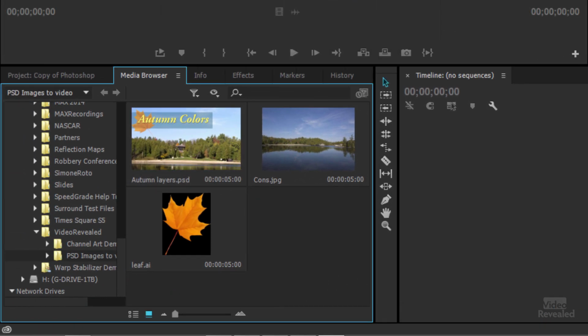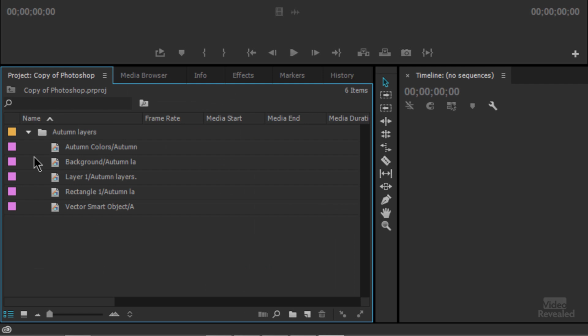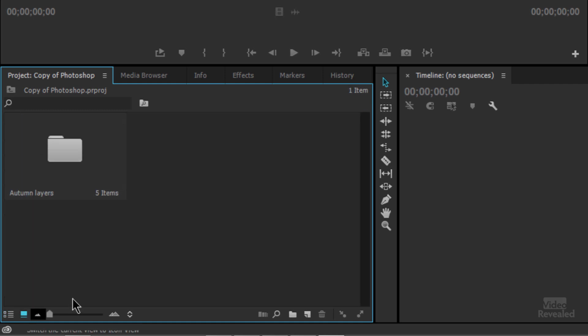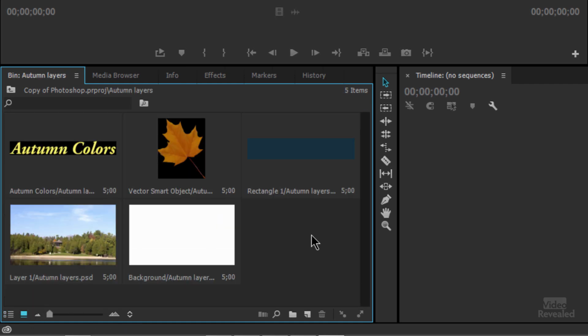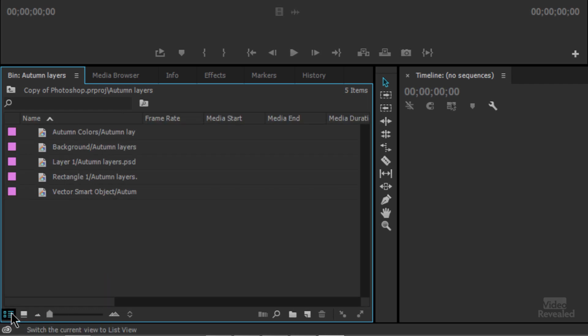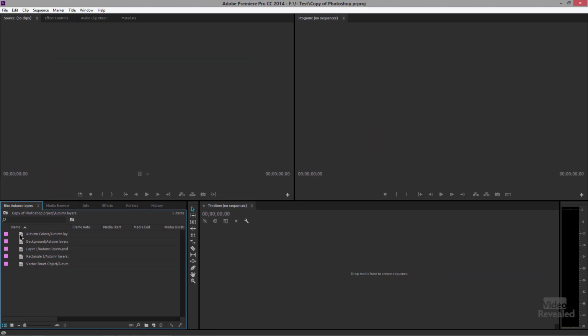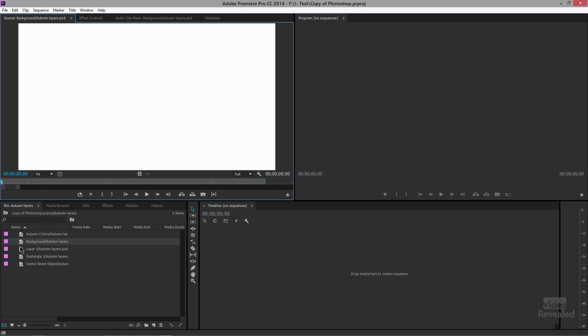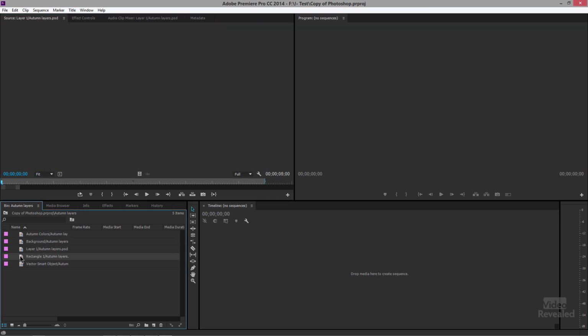Click OK. Now when we go over to our project bin, this is where all of our files are sitting, and we can see each one of them there. If we want to, we could view these as a bunch of thumbnails, which is good, but I'm going to go back to viewing these just as a list file. And we don't have a sequence over here, so if we double click on each one of these, we'll be opening them inside